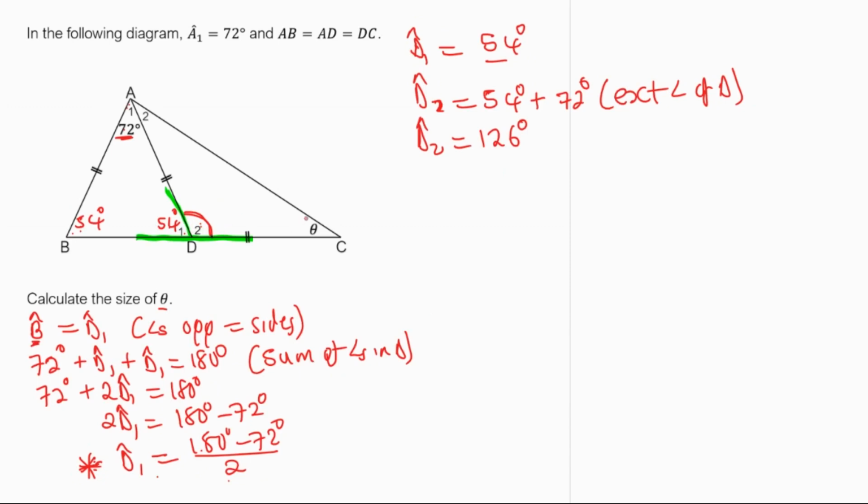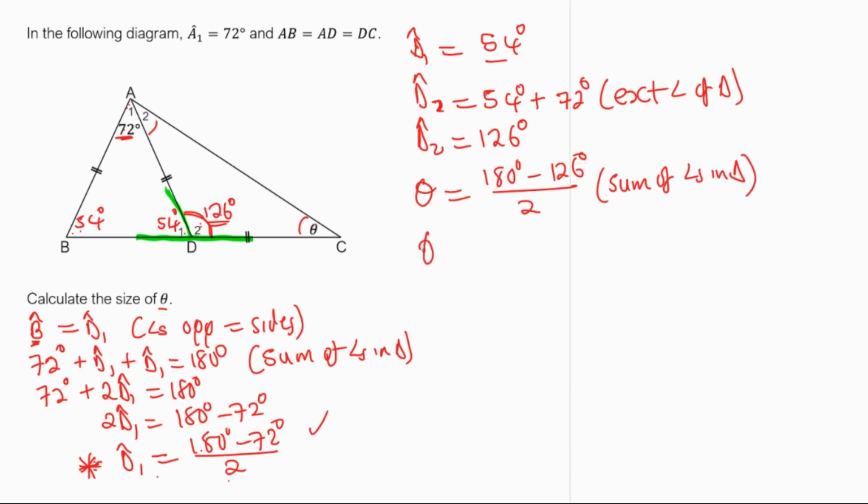Now, I want to find theta. Again, we can see that theta and A2 are angles opposite equal sides. So we just do this step like this. We're saying theta is equal to 180 minus the given angle. Here we got that is 126. So it's 180 degrees minus 126 divided by 2. And then the reason, we say sum of angles in triangle, right? Then theta is equal to